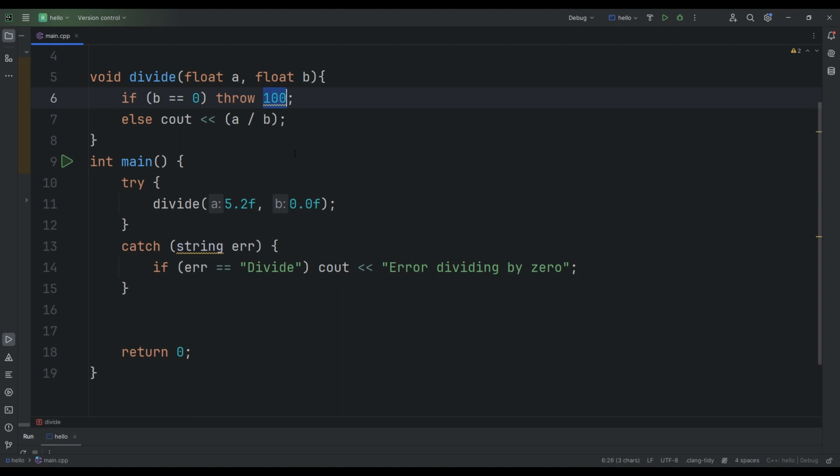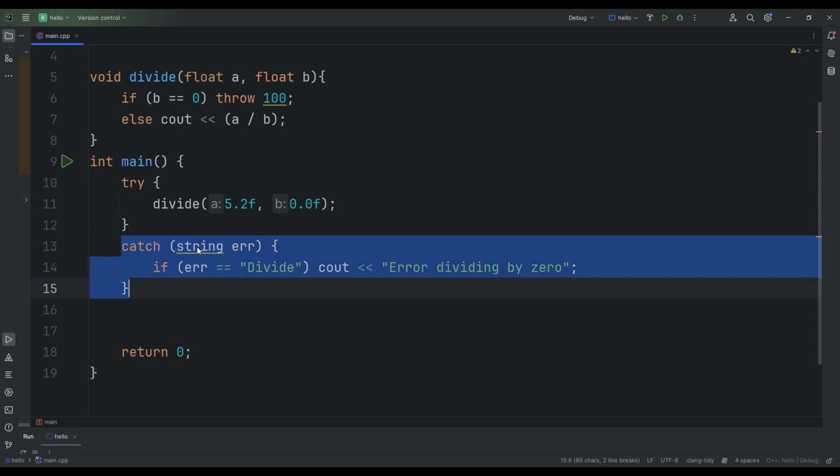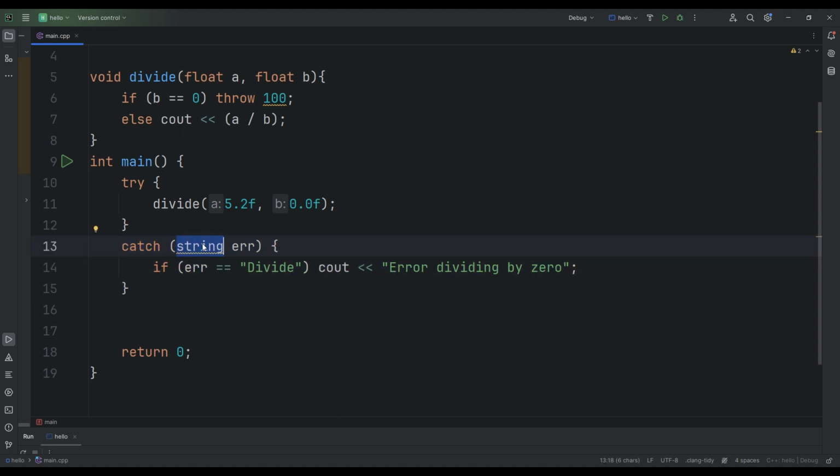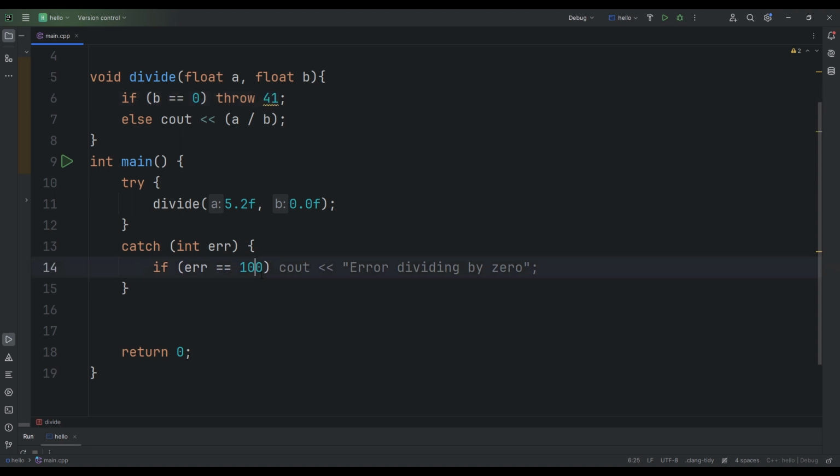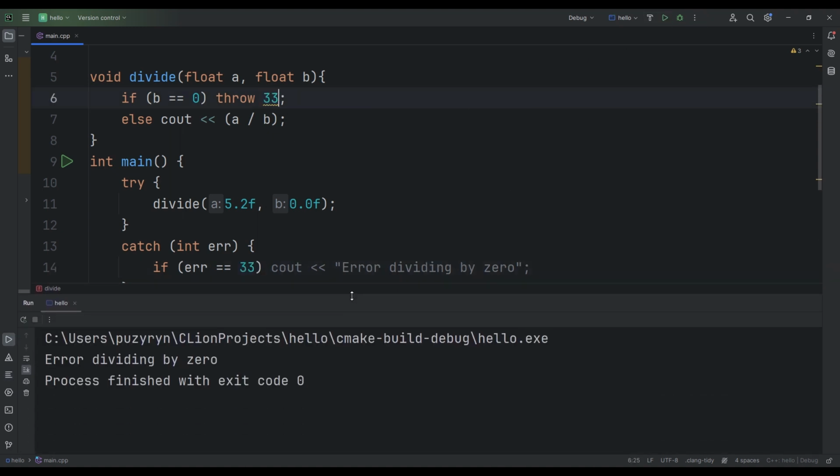Next, you do the following. Go to the catch block and specify here that you accept a number as an error and check the value of this number. That is, if my error is equal to a number like 100, I will understand that it is a division error. But again, you can come up with this number yourself, and it can be any number. Accordingly, if there is such an error, then I will display the correct text on the screen. If you run all of this now, you will notice that instead of fatal errors, we simply get a message